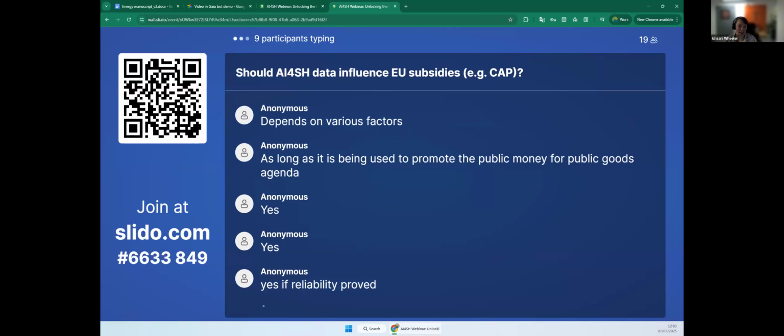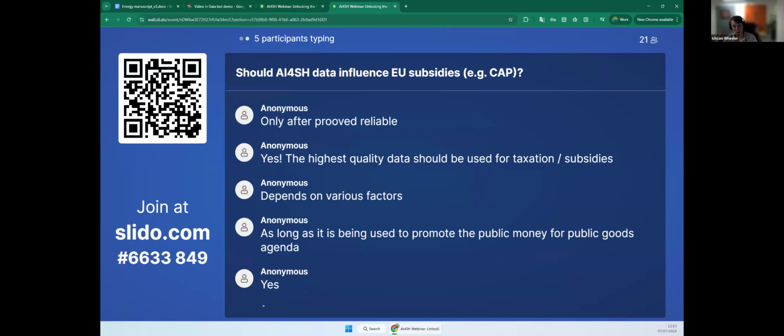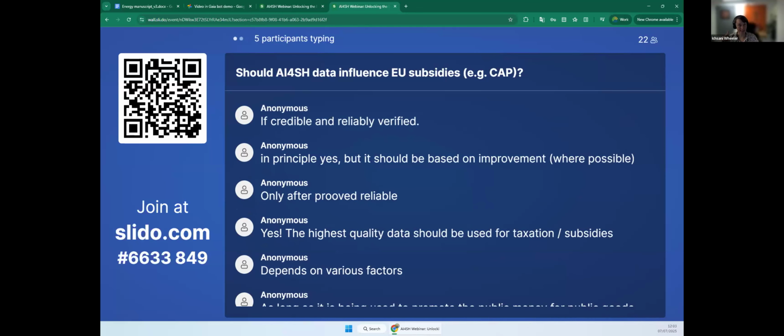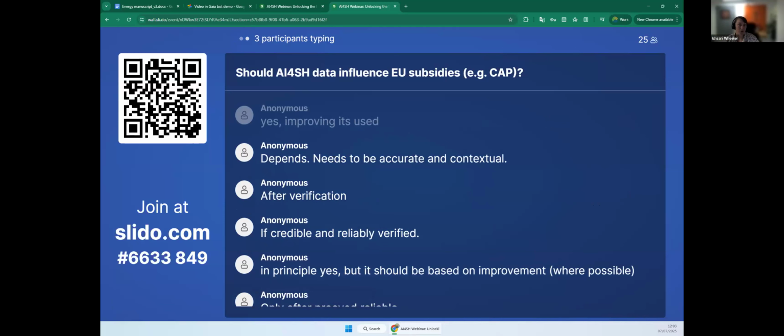Because this is something we get asked from the policy side, right? Can you just give us a 2-color map? Good, bad. And we get nervous and uncomfortable when that is asked. But there is a desire for being able to quickly act on policy and to be able to move forward in this sector.